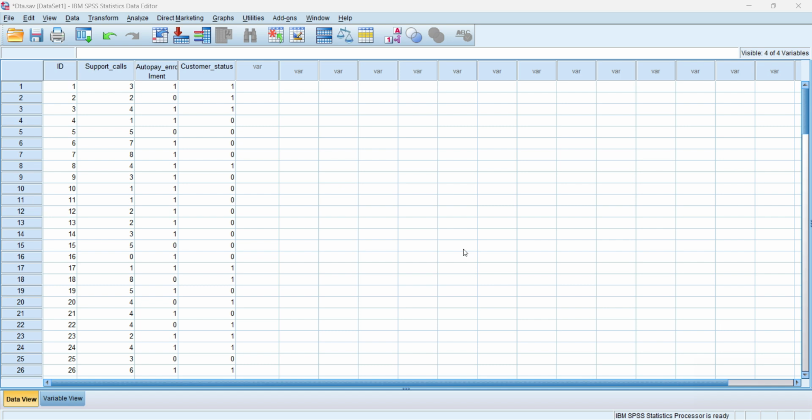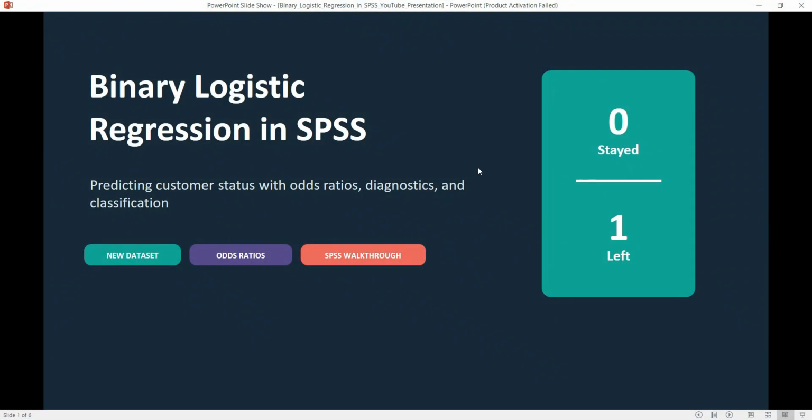So in this video we are going to perform binary logistic regression analysis with SPSS. We have data of 120 customers from the service department and we are going to conduct binary logistic regression with one continuous variable, one dichotomous variable, and one dependent categorical variable. Before conducting the analysis we need to learn the logistic regression, threshold values, and the 6 conditions of binary